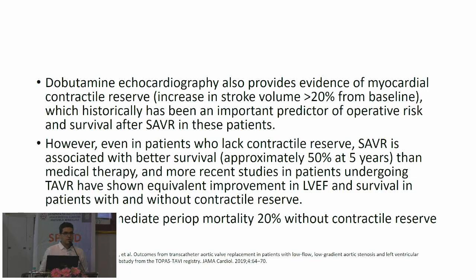So what we are expected to say, and this has come through in many data, is that long term both subsets do the same. So whether you have a low contractile reserve or a good contractile reserve, on a long term basis they do the same. But the perioperative mortality of a patient with a poor or bad contractile reserve is to the tune of 25-30%. That is what we have to explain to the relative. If you are willing to wager that poor perioperative mortality, the long term prognosis is the same.